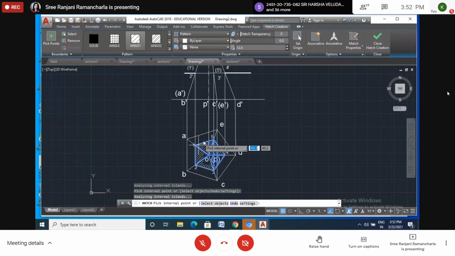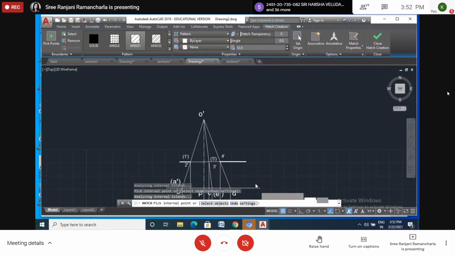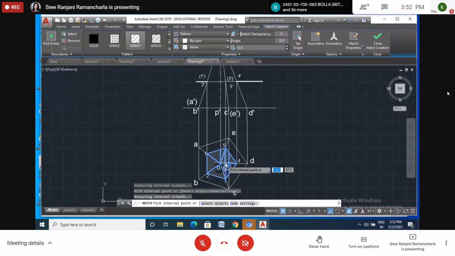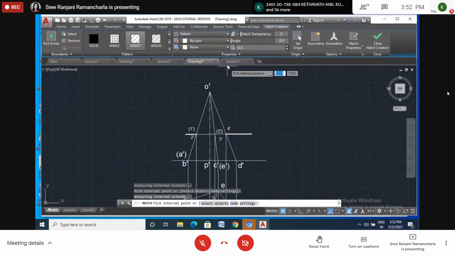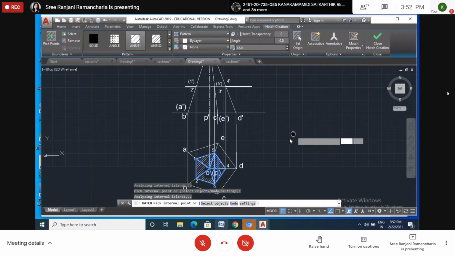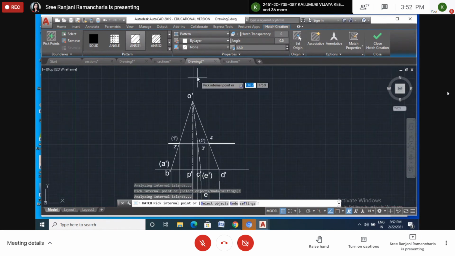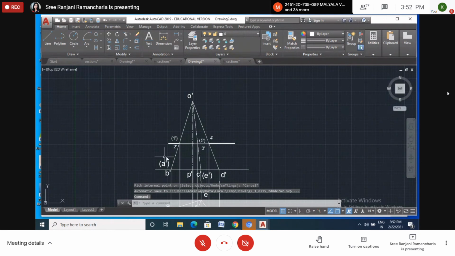So this is the section. After this is the section plane. So this is a section. You can see the hatching portion when the object between the observer is here, because this is a top view. Observer is here. The object between the observer and the sectional plane, this is the sectional plane, is assumed to be removed. Then only the remaining portion is visible. The remaining part is this one.